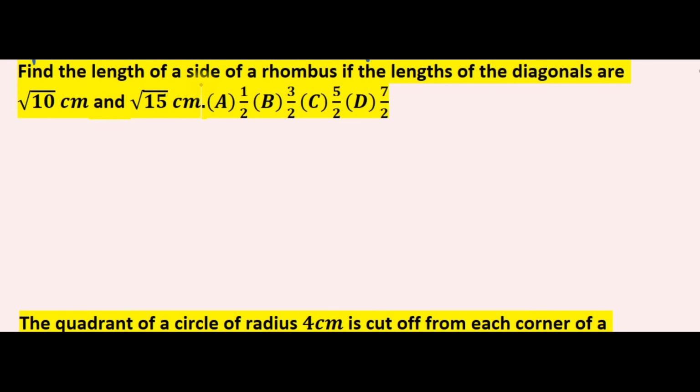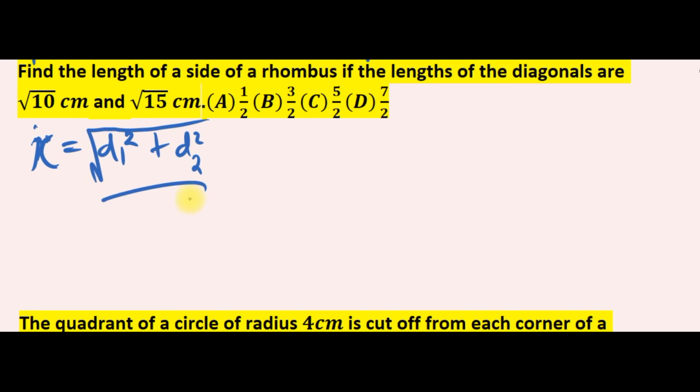So we're asked to find the length of a side of a rhombus if the lengths of the diagonals are root 10 and root 15. There is one formula I derived before in my previous video, the introduction of this topic. We can relate the side of a rhombus and its diagonal. So any side of a rhombus, let me use x. So x being the side of the rhombus is always the square root of d1 squared plus d2 squared, all over 2,